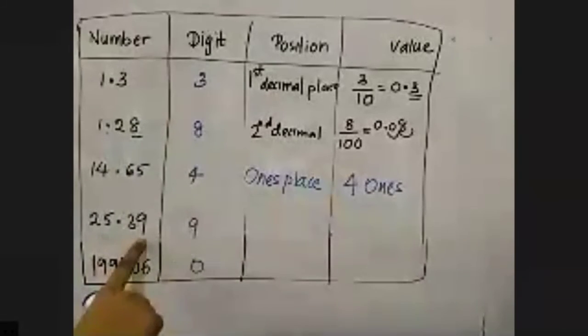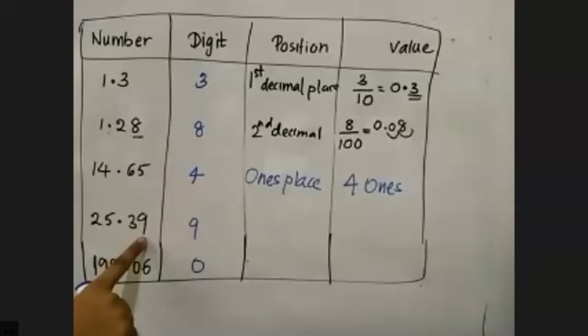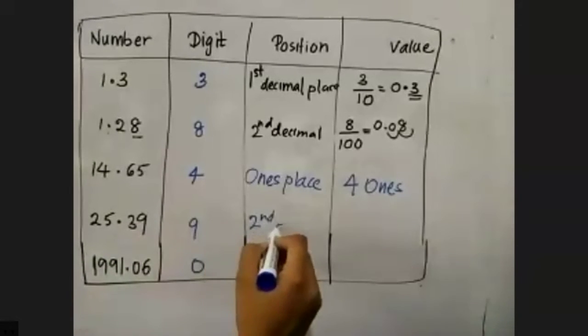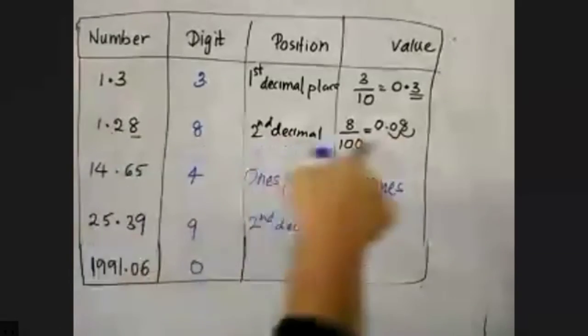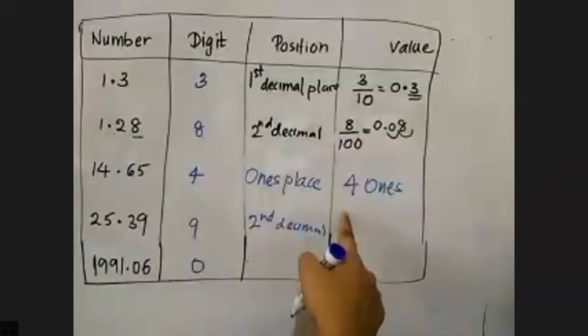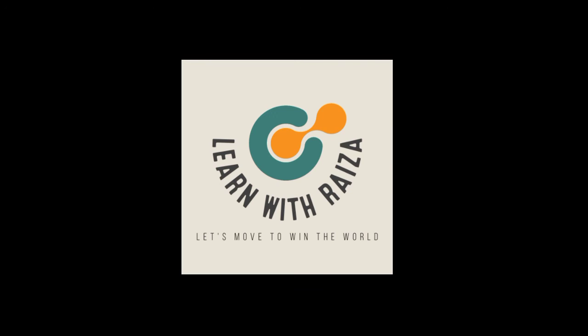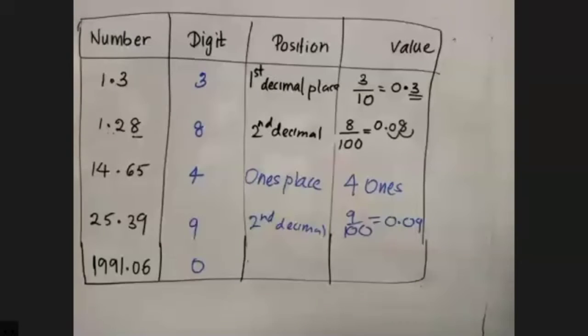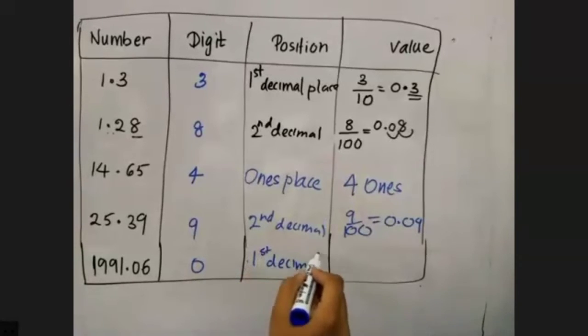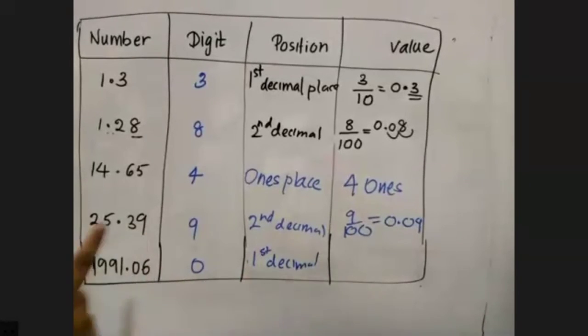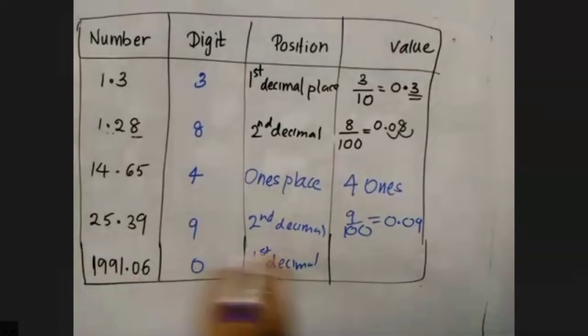Now this one. Second decimal place. That means this is the second decimal place, just like the one we did in the Roman numeral second question. So here I can write down 9 over 100. Now the last one, this one is in the first decimal place. You can see it very clearly. And here you don't write it as 0 over 10. You're writing it as 1 over 10.